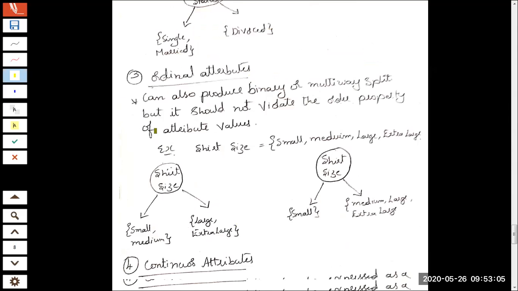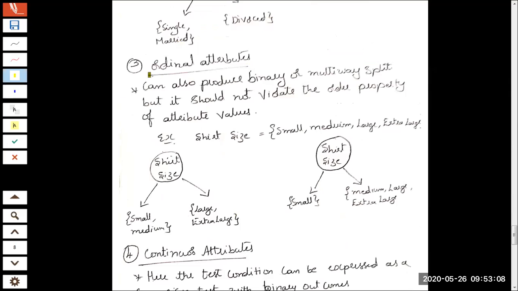So the third one is ordinal. The same question: there is a node introduced in the decision tree. Now you need to identify what type of node it is, whether it's binary, nominal, or ordinal. You have already seen these terms when we were studying different types of variables. It's not a new term for you. So what is ordinal? The name itself is an indicator: ordinal means there is an order.